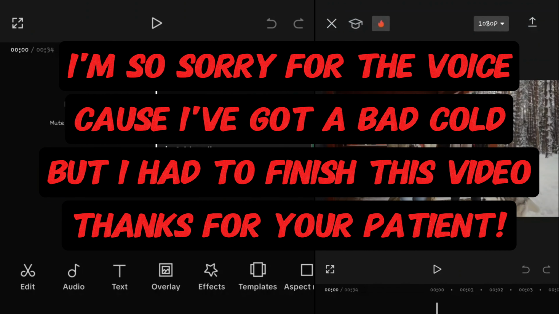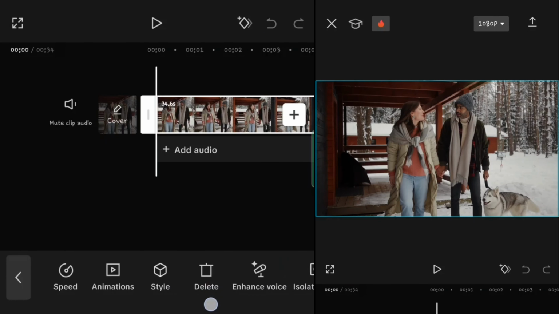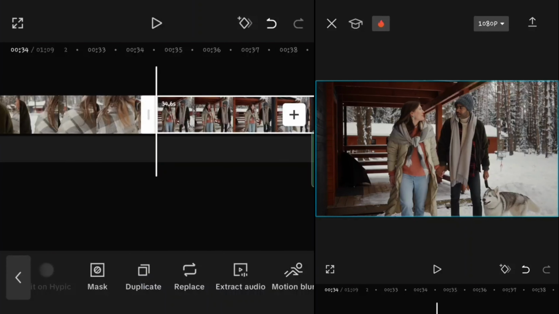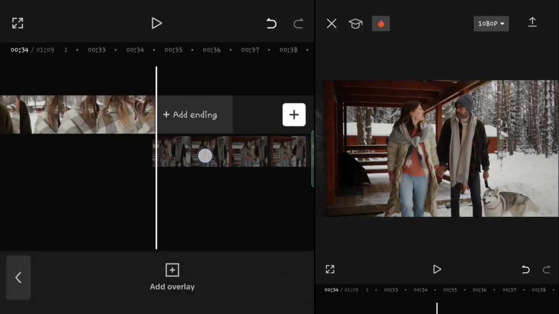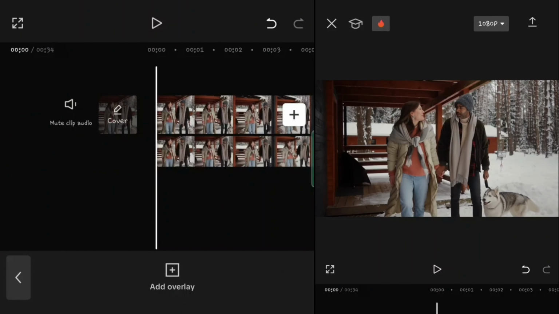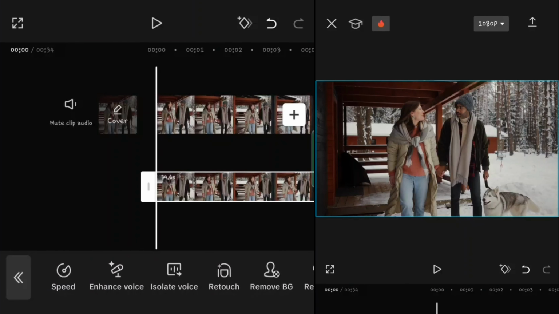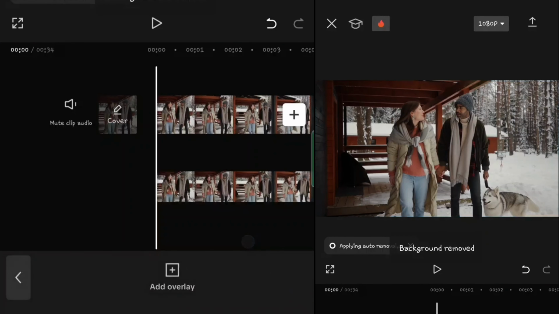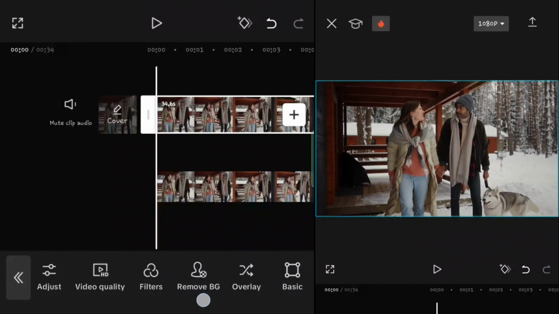So to make that, first new project and add the video you want, select it, then you should just search for duplicate. Now duplicate it and now look for a button overlay in toolbar. Now move it to the beginning of the timeline, move it down in layers, and now go to remove background and auto remove. So for the first layer,